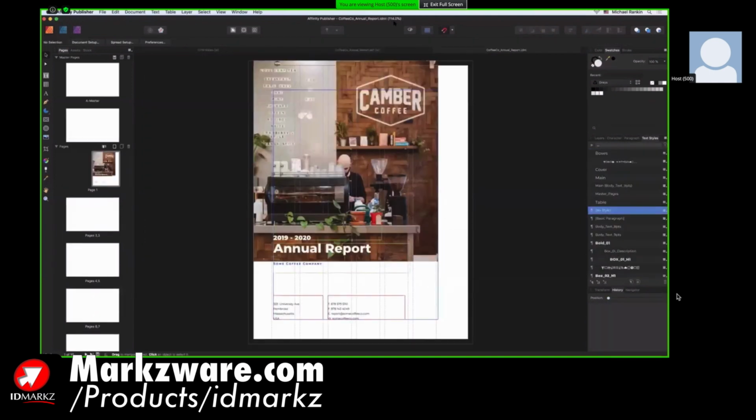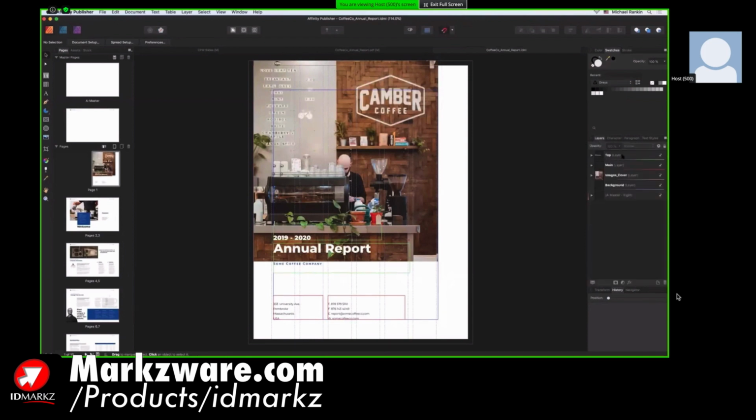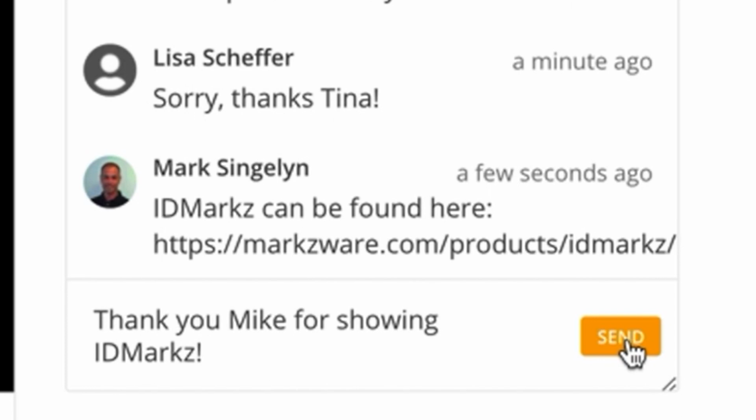And here it is. And I can tell right away that I have some more interesting stuff to work with. I can tell just by the outline color of some of these frames. I have some green ones and red ones. That's a clue that I have layers to work with. And indeed, if I go over to the layer panel, you'll see I have